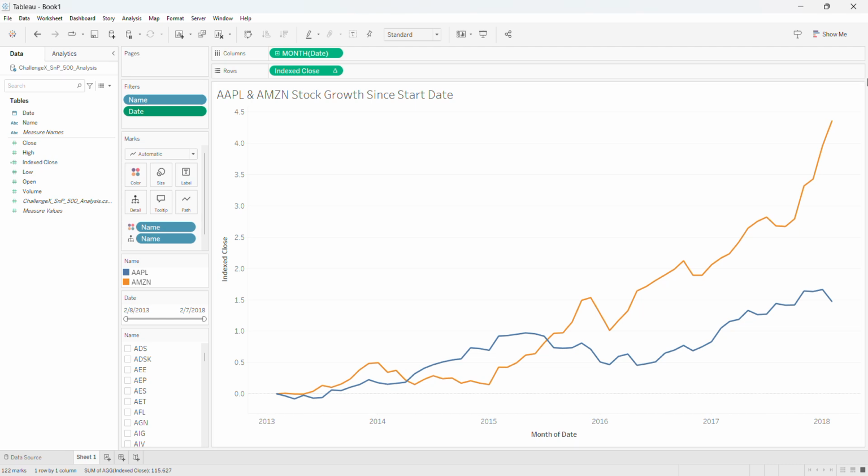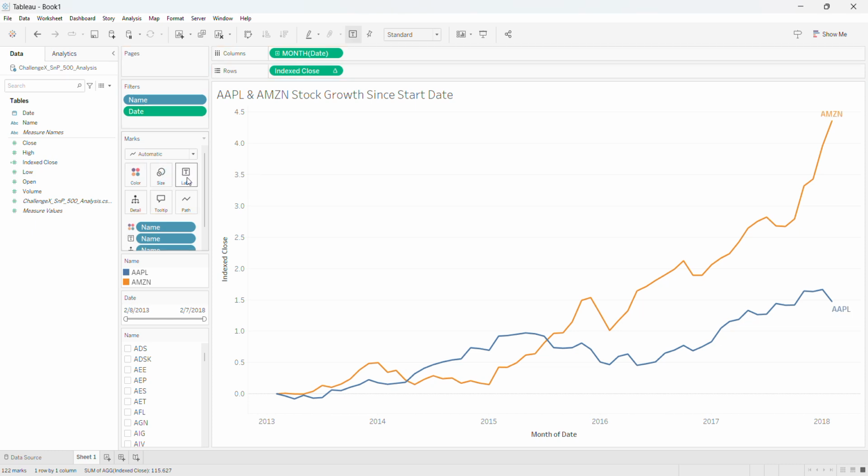And one of those things is adding the name of the company ticker symbol onto the graph, so that you don't have to look at the line, look at the color and say, okay, let's go over to the legend and see which one that is. So we can keep our eyes in the same place by adding the names onto the actual chart. The way that we do that is by going back over to name, holding down Control, dragging it over